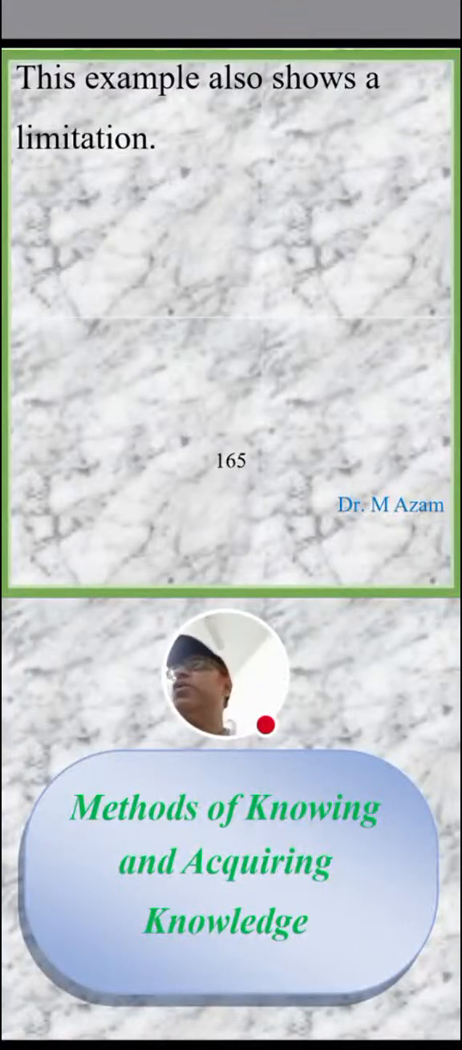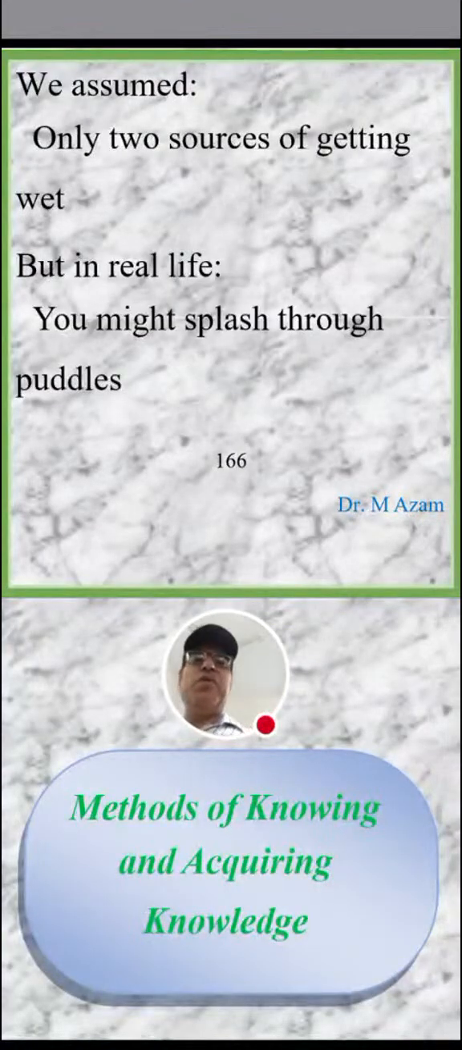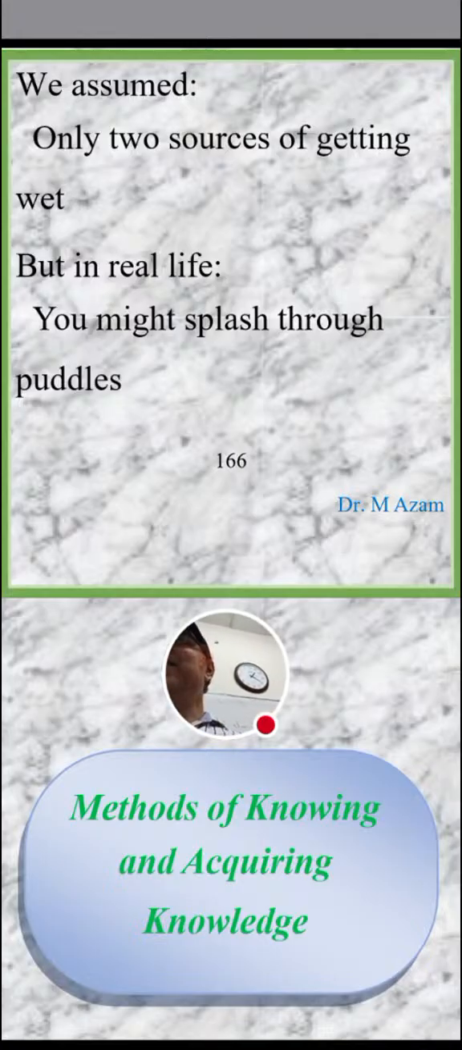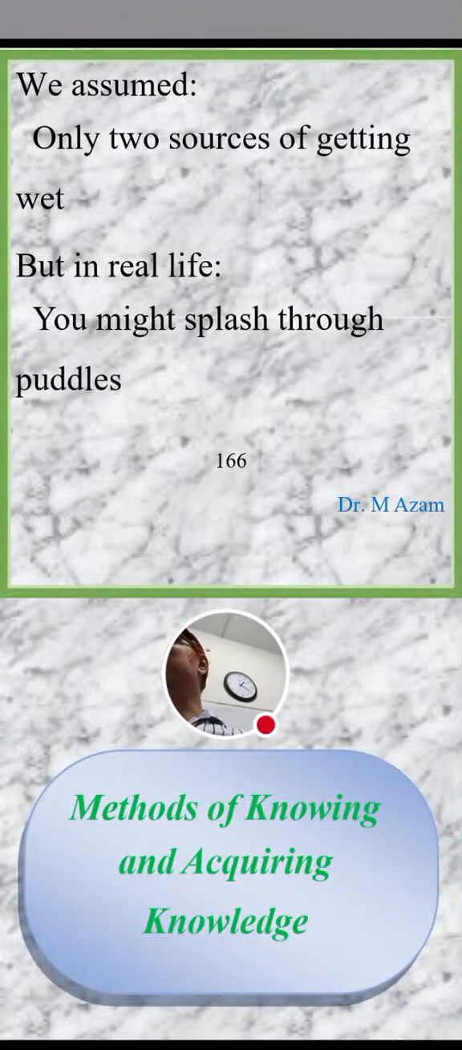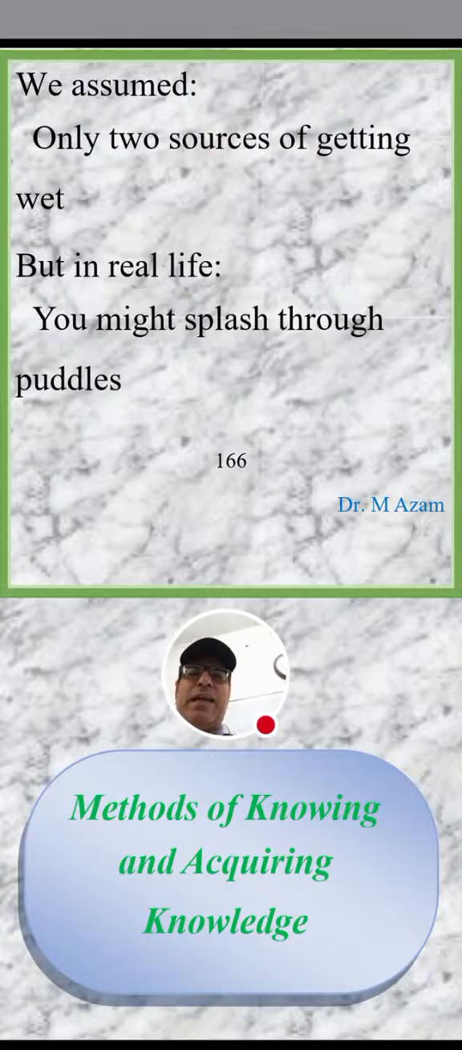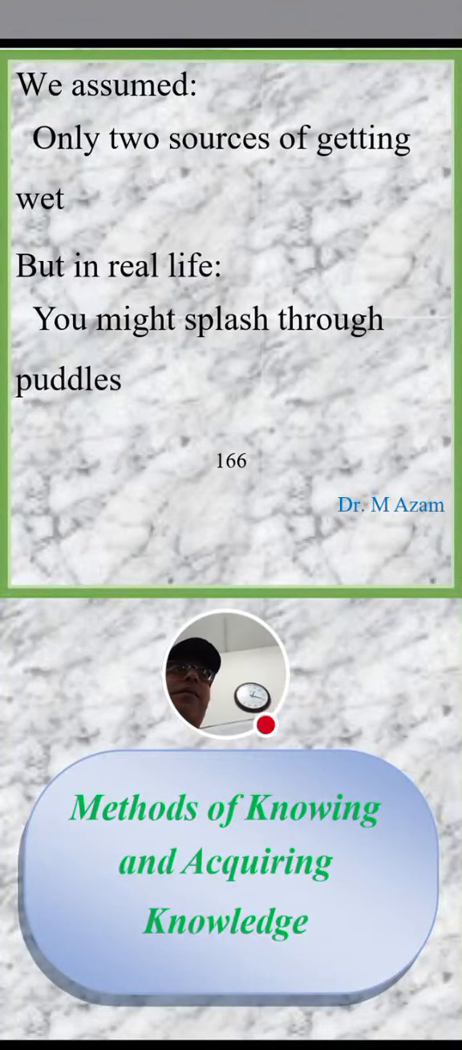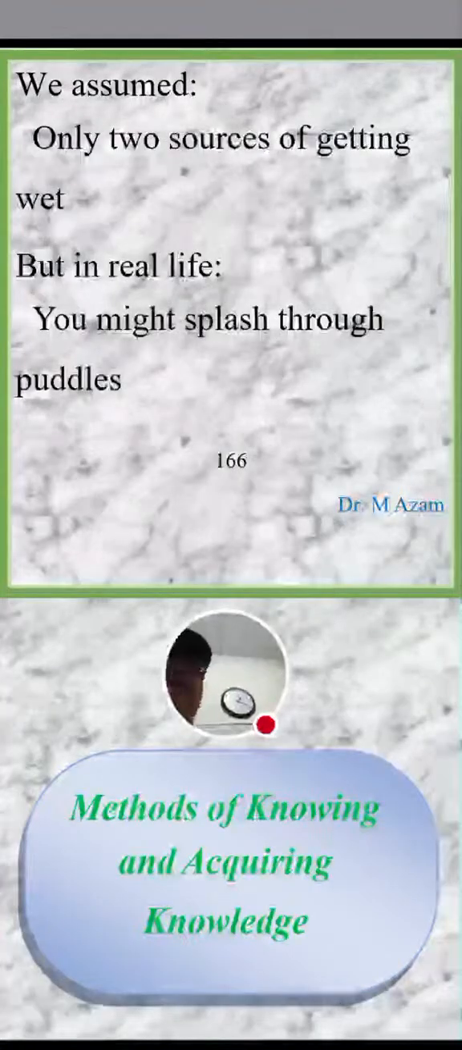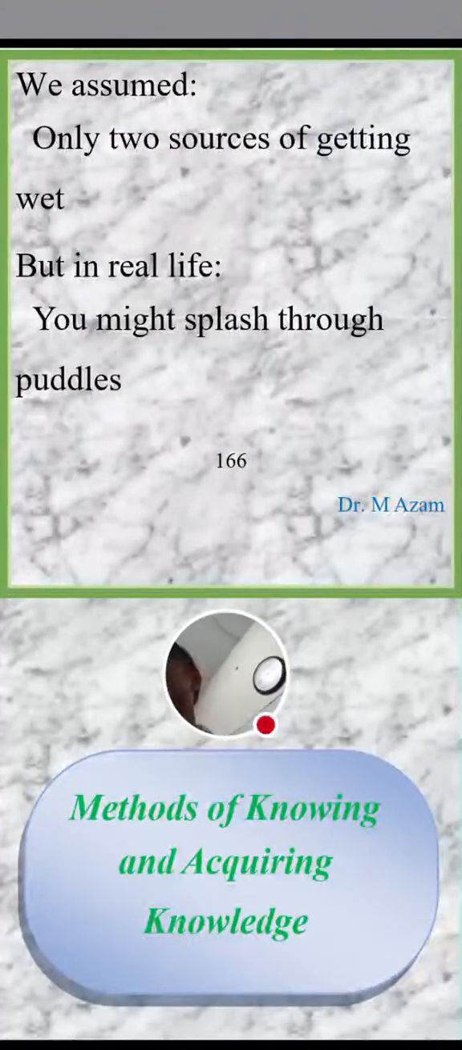This example also shows a limitation. It also has a problem. We assumed only two sources of getting wet. It is a problem with this argument. But in real life, you might splash through puddles. Puddles are small, shallow places where water is collected, water gathers, okay? So puddles,